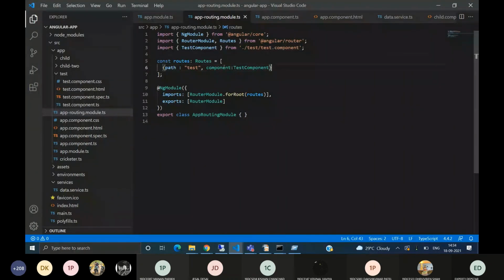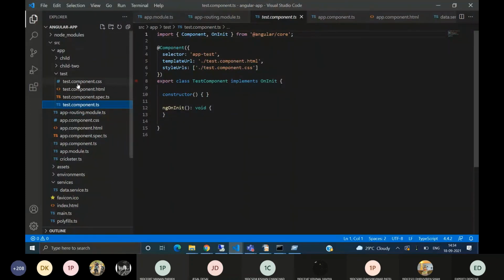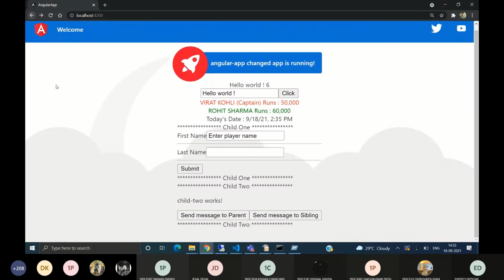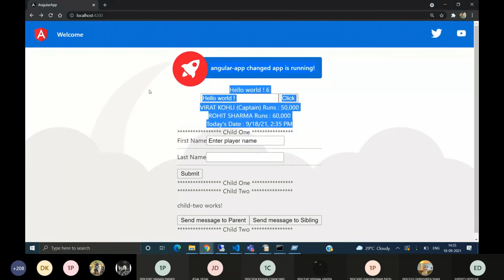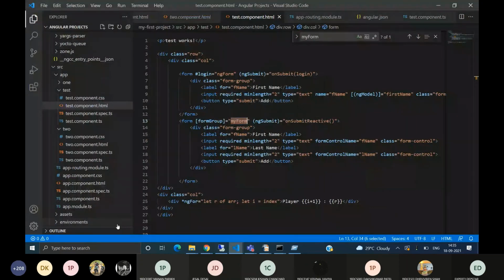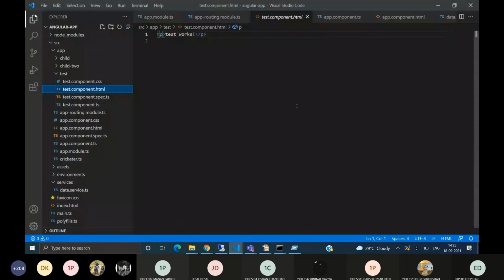Which component is loaded? The test component that we created. So this main TS is called and its HTML is rendered. At the bottom you can see test works. At the back it was not there, when it's localhost 4200. So this comes here through the router outlet.